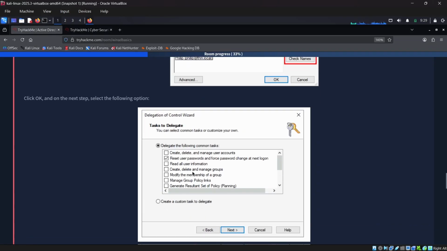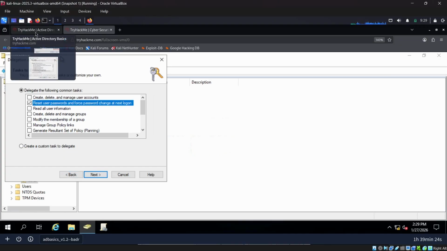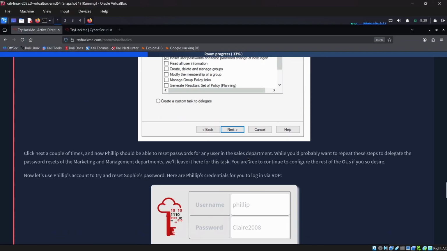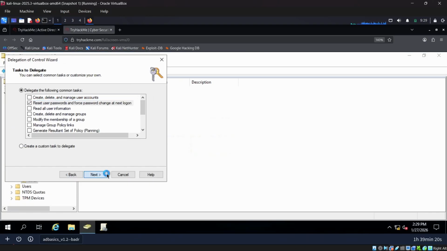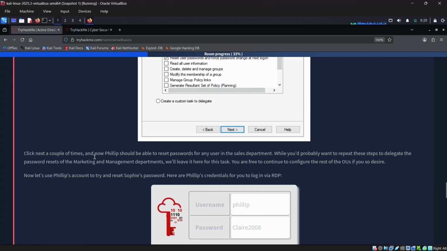In the next step, we have to select reset user passwords and force password change at next logon, and click the next button and then finish. Now it's done. You're able to create a delegate. So click next a couple of times and now Philip should be able to reset passwords for any user